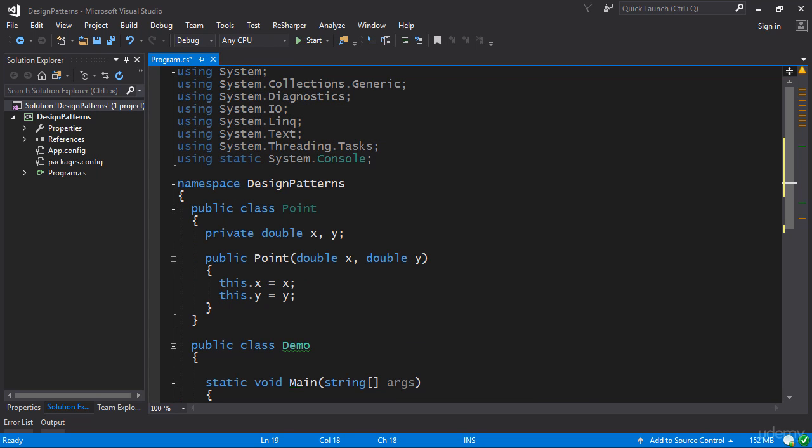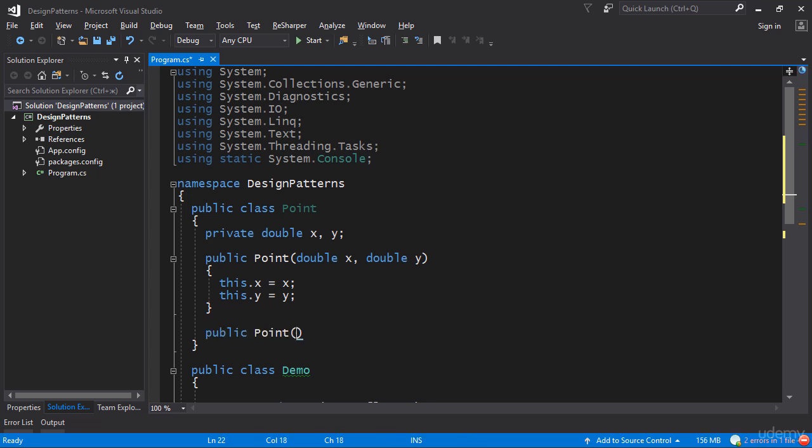and this becomes a bit of a problem because now one of the things you cannot do is you cannot really overload the constructor with the same exact argument types. So I cannot make a point which takes the polar coordinates. I cannot take rho and theta because, as you can see, the signature is exactly the same as the point above. So it's just the names which are different, and the names are not in any way a way of figuring out dispatch. They're not a way of figuring out which of the constructors to call,